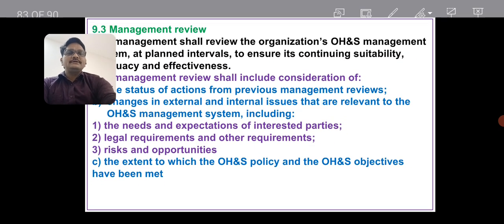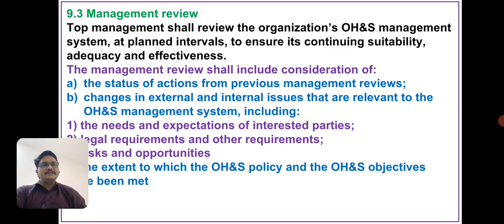Now, next subclass is 9.3, that is management review. For this, top management shall review the organization OHS management system at a planned interval to ensure its continuing suitability, adequacy and effectiveness. For this, management review shall include the consideration of the status of action from previous management review. Next is changes in internal and external issues relevant to OHS management system, and next is the extent to which